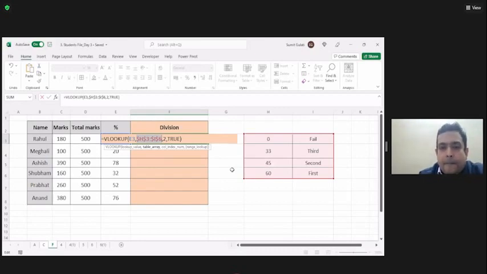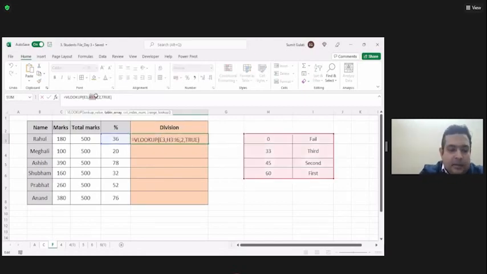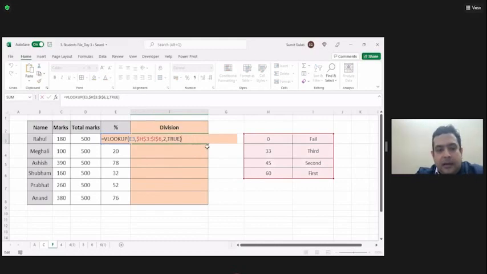So can we do it on top directly? Yes, you can. You want to do it here, you can go and select here and then say function F4. And then enter, right? Then double click, it will fill, or drag it down.